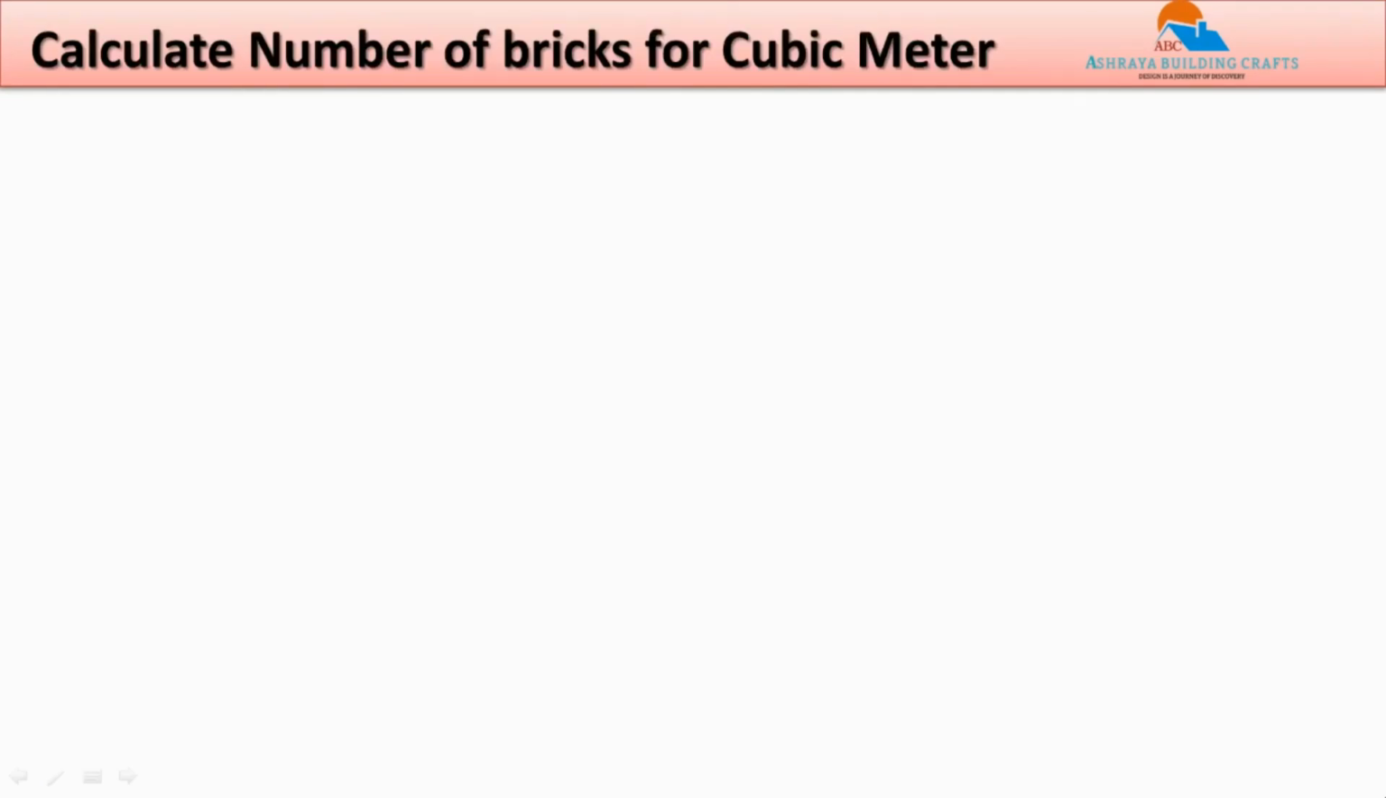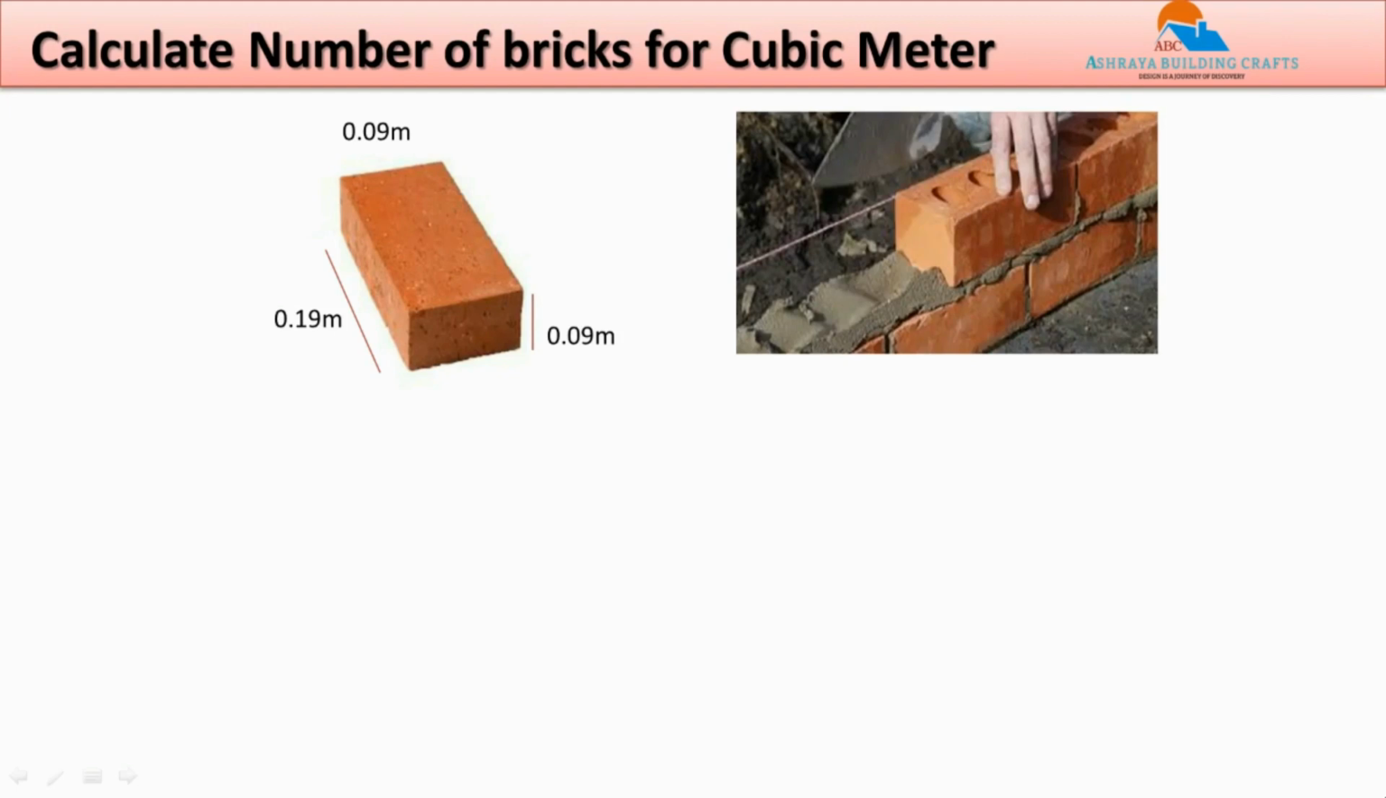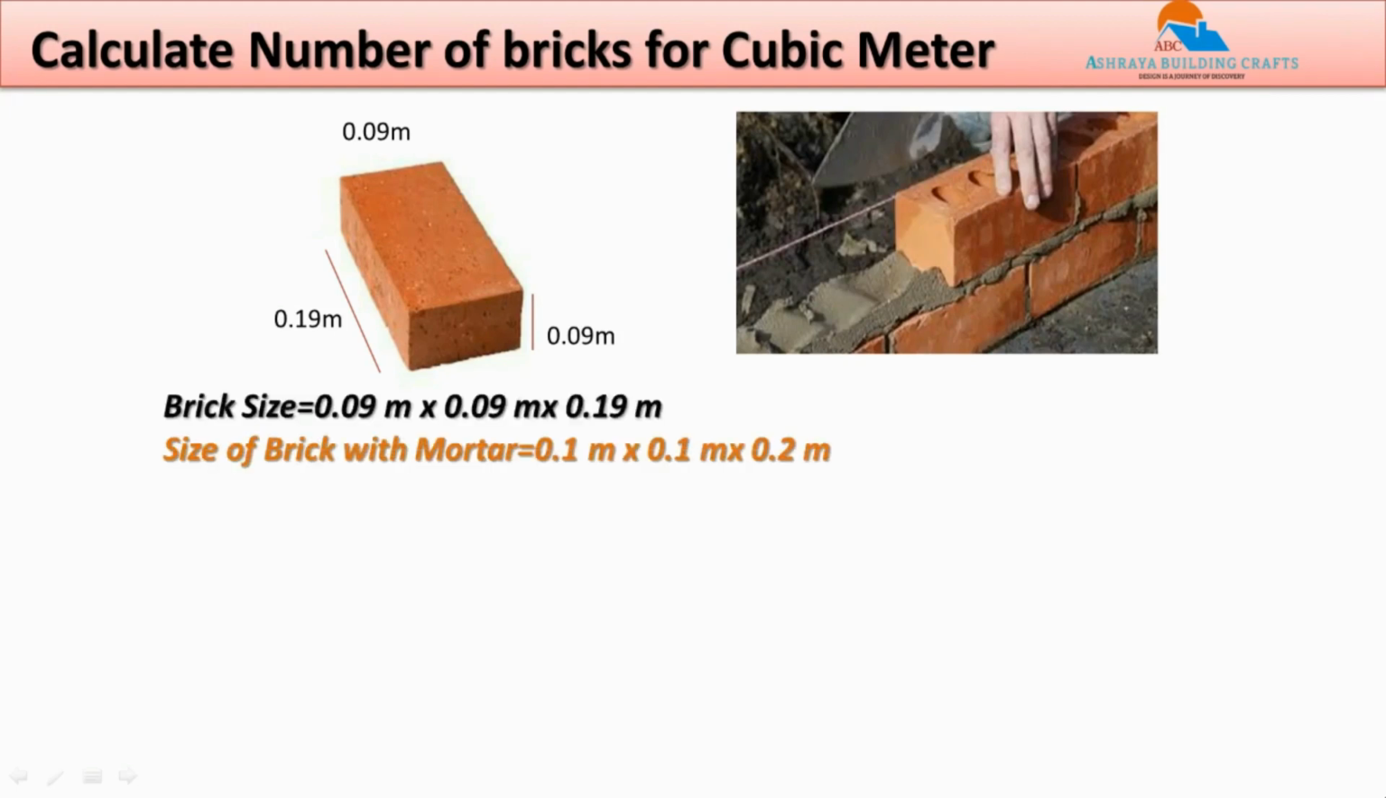Today's tutorial is about how to calculate quantity of bricks, cement and sand in brick masonry. To calculate number of bricks for a cubic meter, these are the dimensions of normal brick. The picture denotes brick along with mortar. This is the normal brick size. Size of brick along mortar